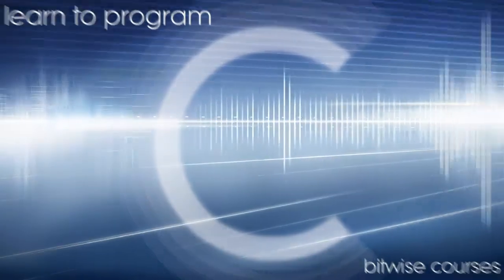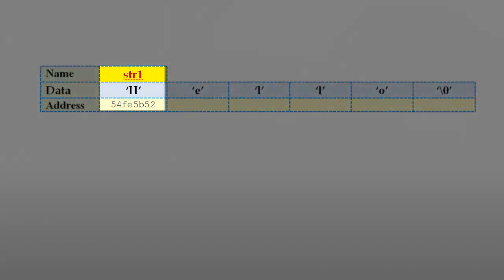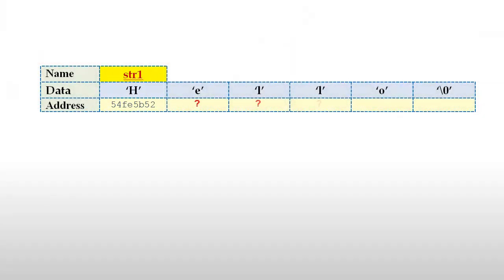Since a char array name gives the address where a string begins, that must mean that it also gives the address of the first character in that array. So where are the other characters in that char array located? Well, a char array, in common with any other array, is a series of items stored next to one another in memory. Each character in the array is located at a distance of one character's worth of memory after the character that went before. The characters H, E, L, L, O in the string hello are placed one after another